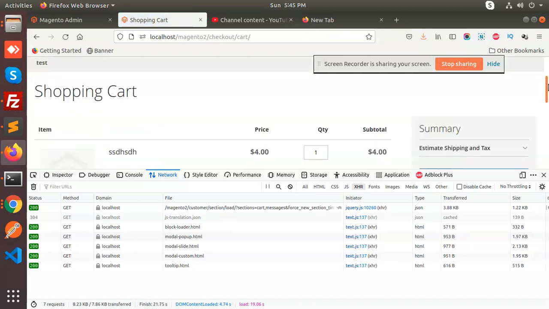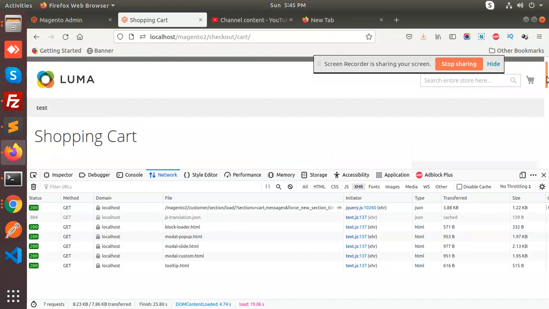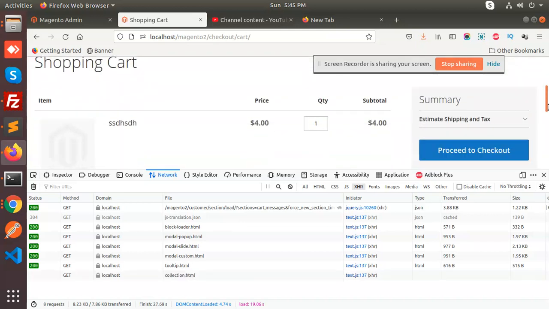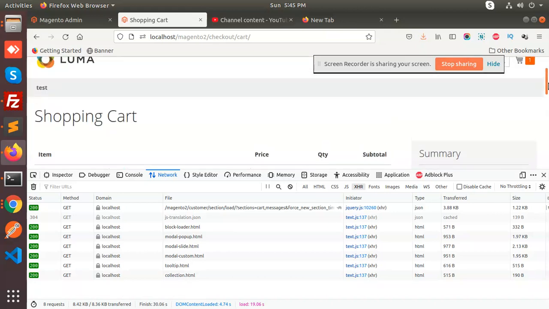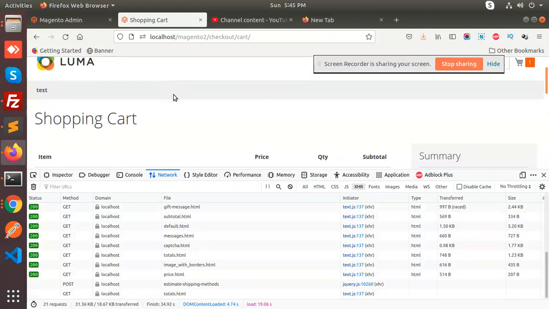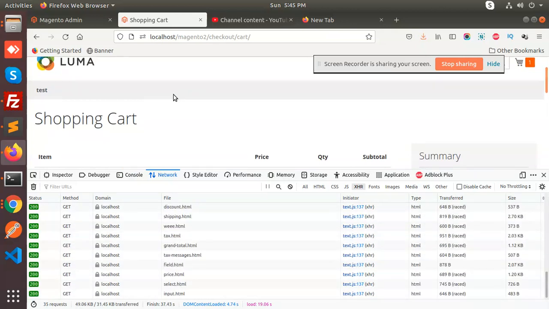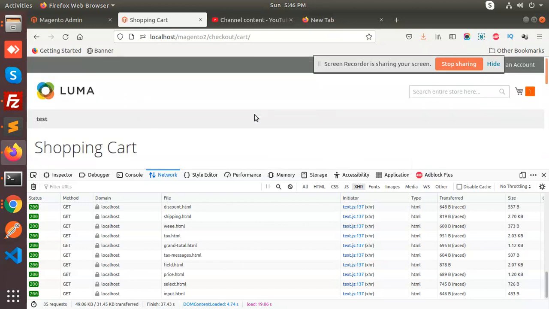So does it throw an error message? No error message over here. I think this part is still running. I think the message should come.